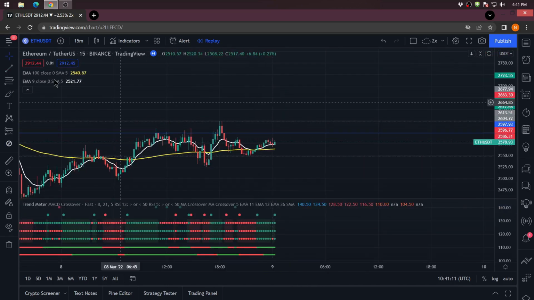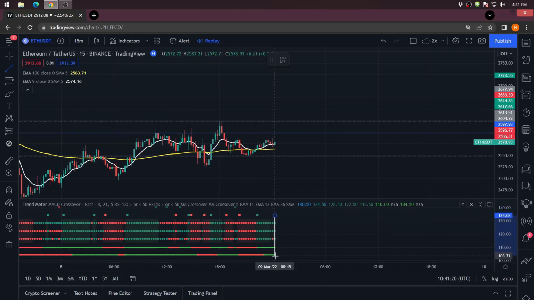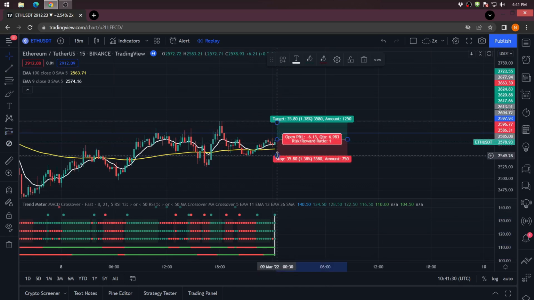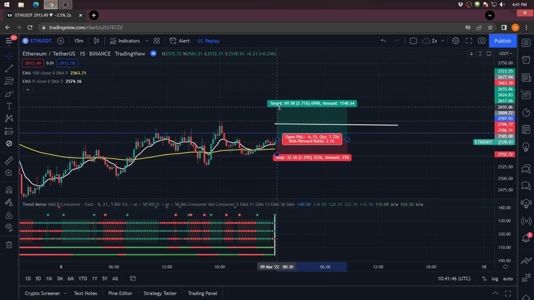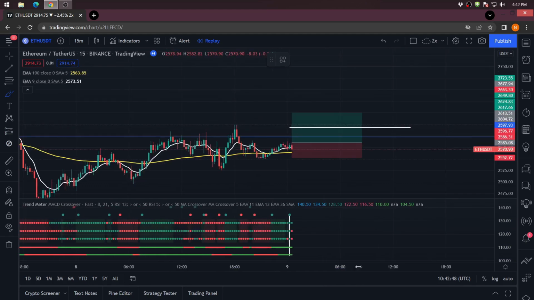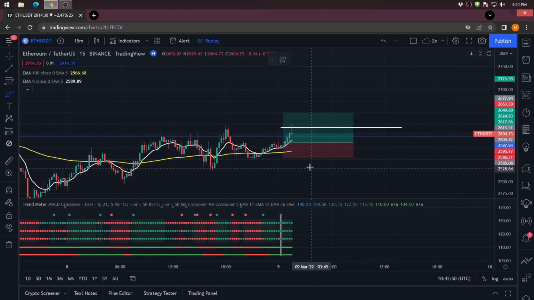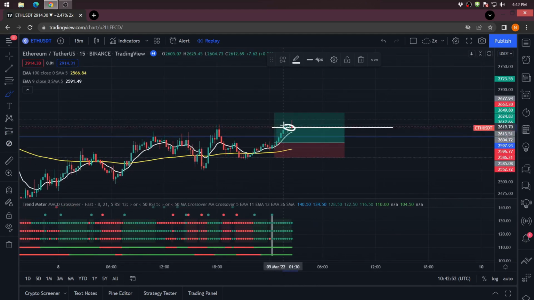So in this chart the price is above the 109 EMA and also all the green dots match with all the green lines, that means it's our buy signal. So we take a long position here and our stop loss will be the last swing low, and the first profit target will be 1 times the stop loss and the second profit target will be 2 times the stop loss. And we can see after a few the price successfully hit our profit target 1